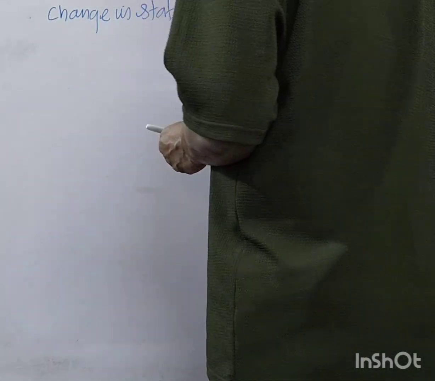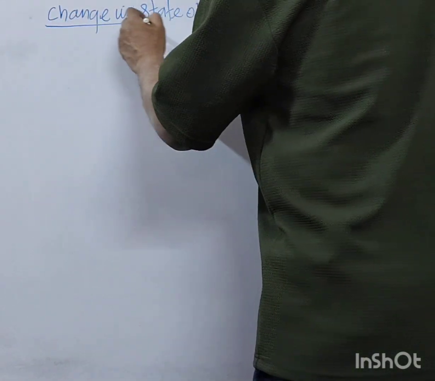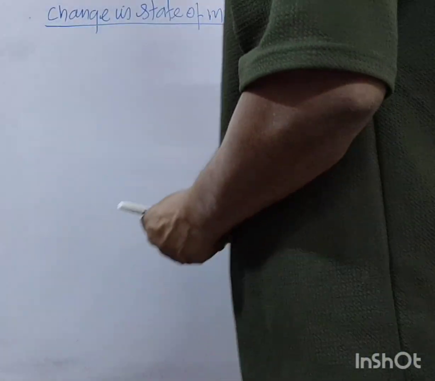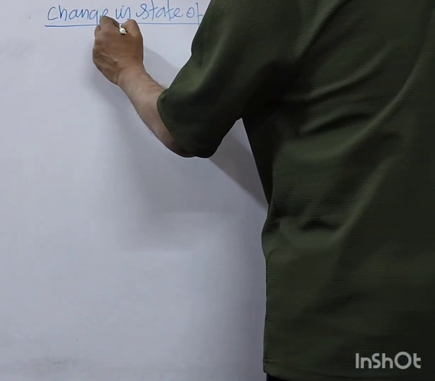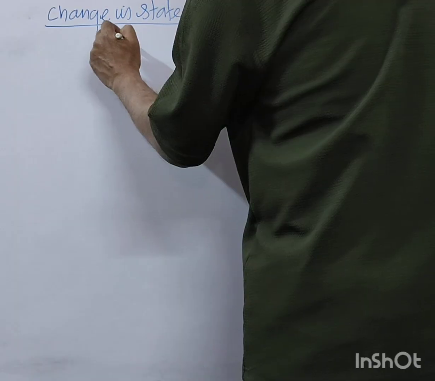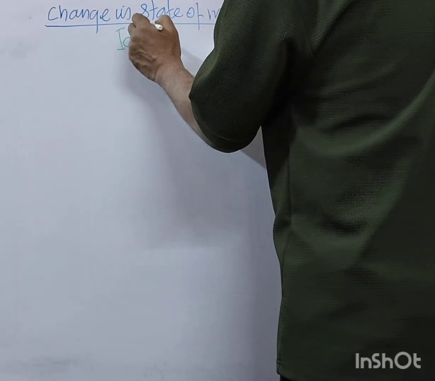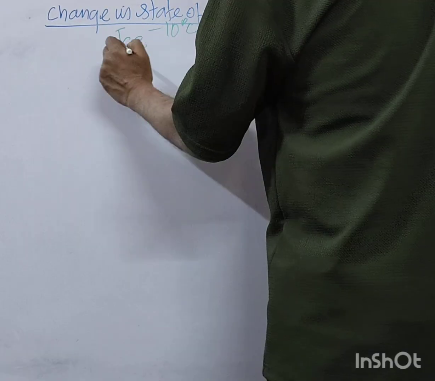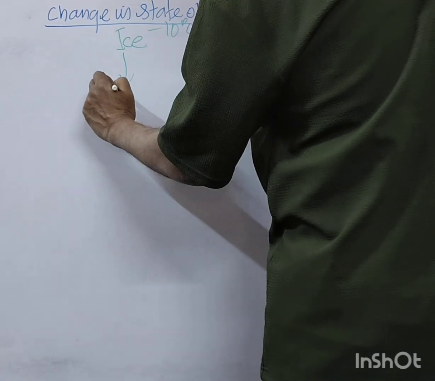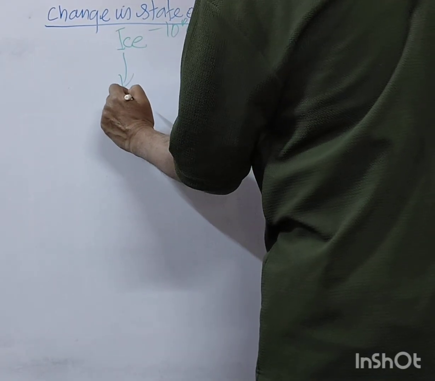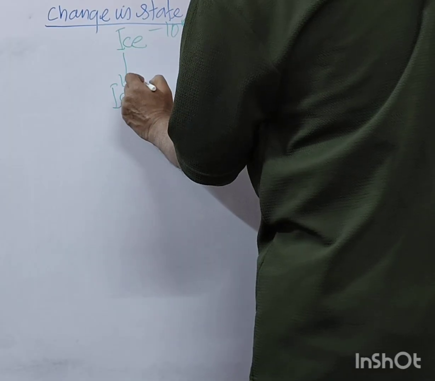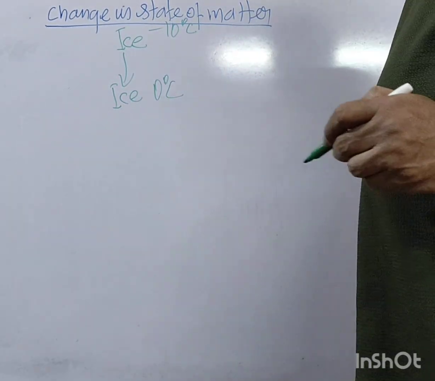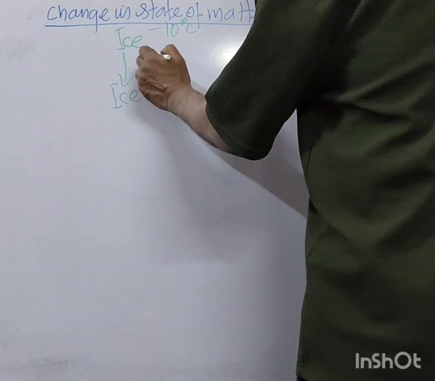Of matter, right? If I say first is ice. Ice at minus 10 degrees Celsius converts into ice at 0 degrees Celsius. Right? Here Q is